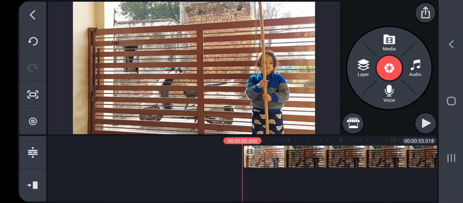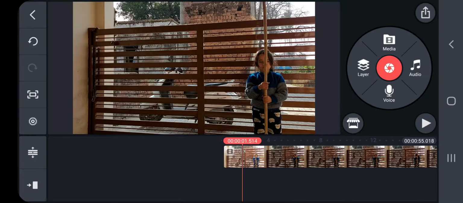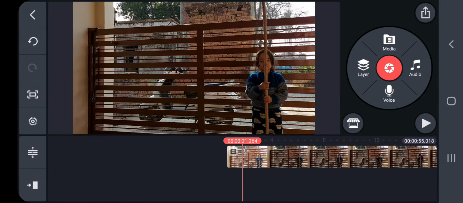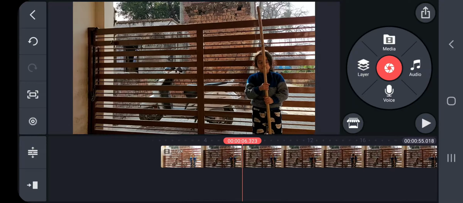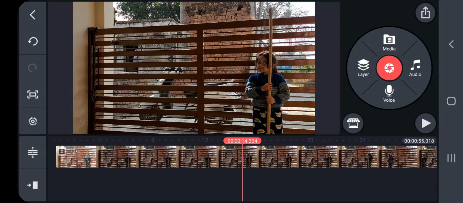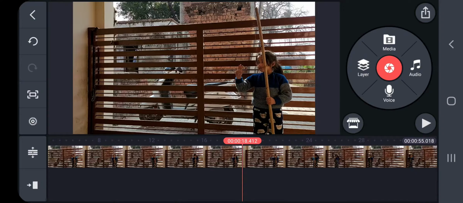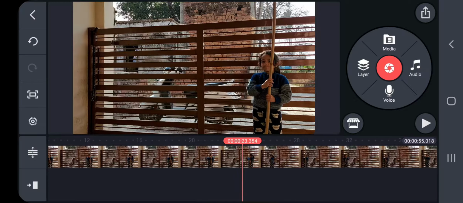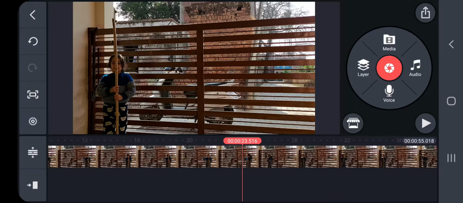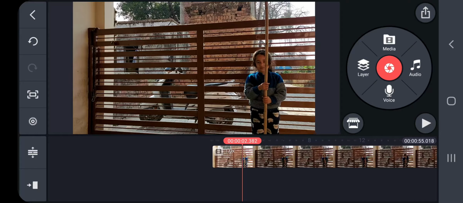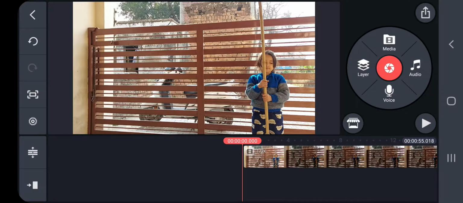So what I have to do, first of all, now I have used this place. You can use any place. I prefer you to shoot this in an open area so that proper light should be there. So what I'll do, I have just seen this area, like here it is a little darker. So this white area here, it is a little darker.